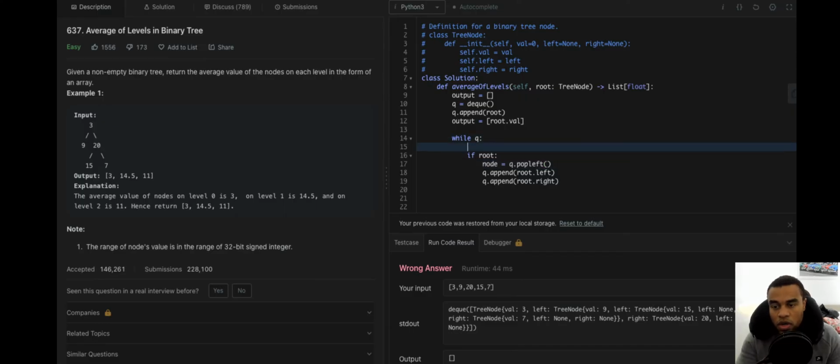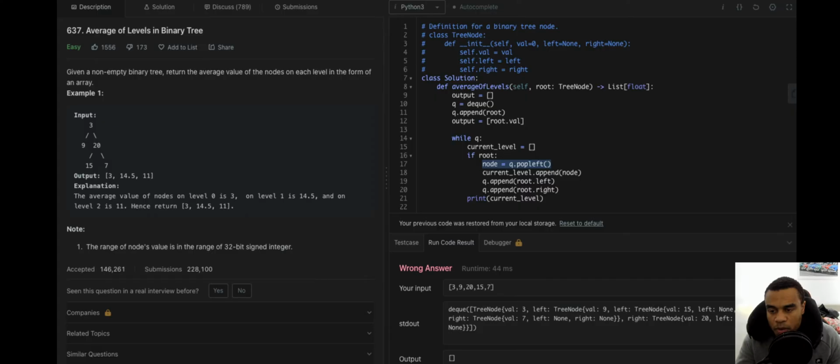This is our current level equals node. So we have then current level.append node. I mean, yeah, at the end, let's just print current level, see what's outputting.